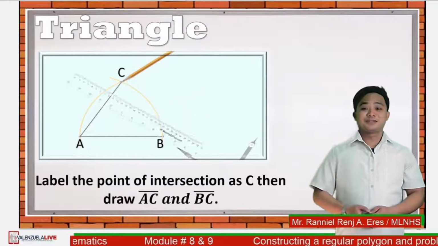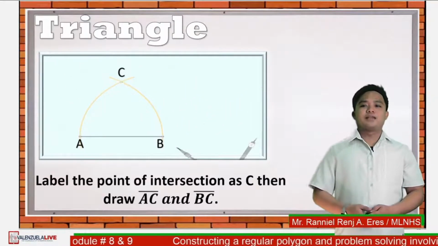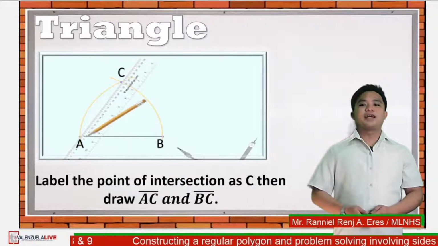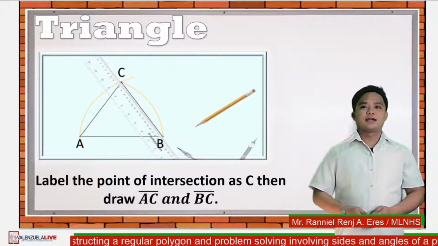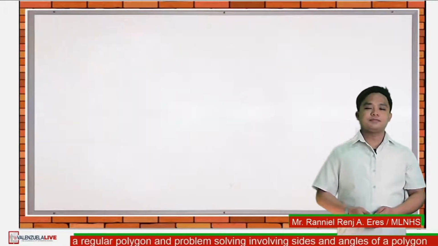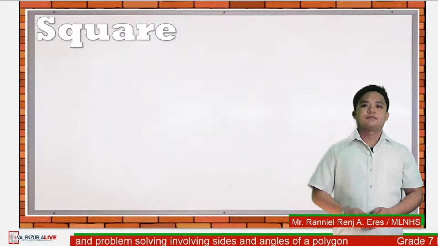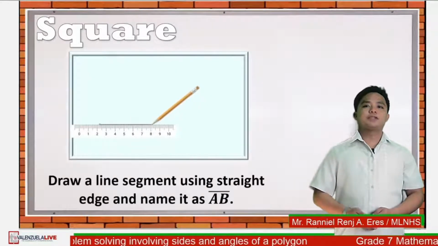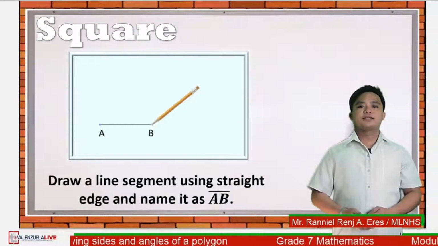Okay. So now we already have a regular triangle, or simply an equilateral triangle. Okay. Next figure is a square. So the first step is to draw a line segment using a straight edge and name it as line